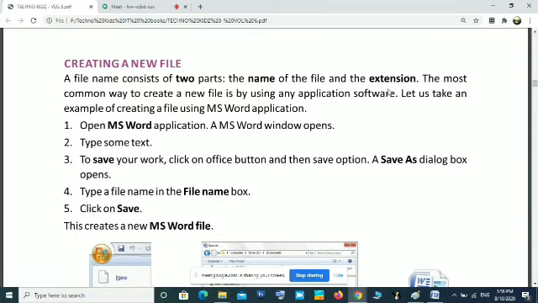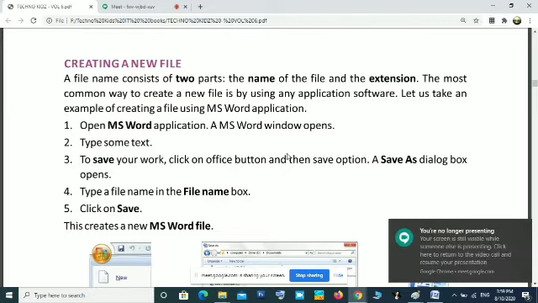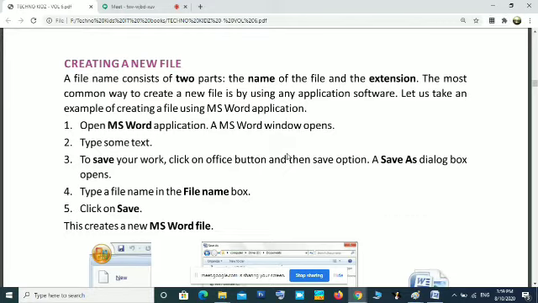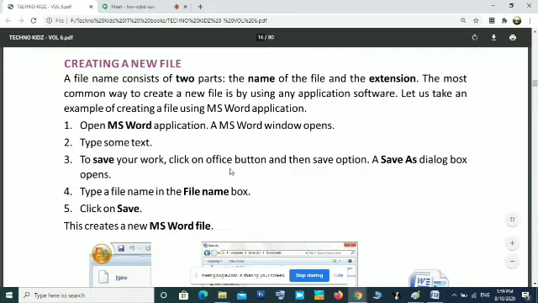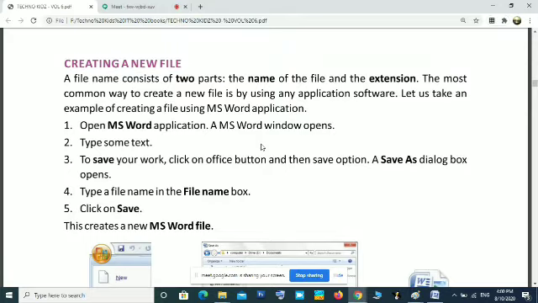When I am saving with that ABCD name, creating a file, along with that name the computer will automatically add 3 characters.